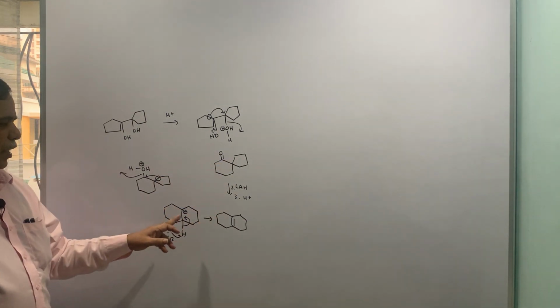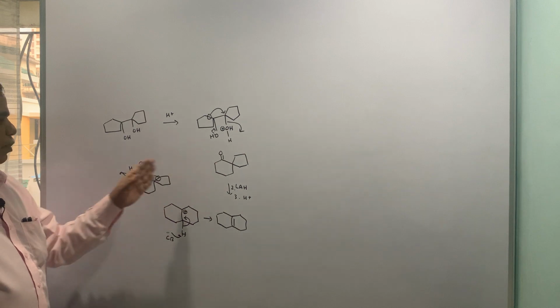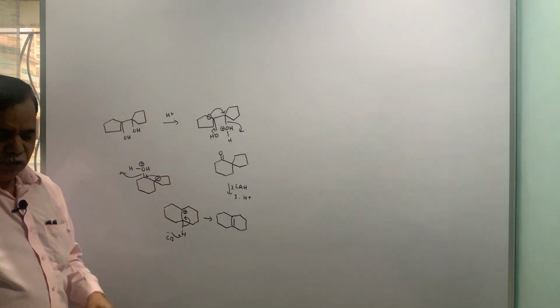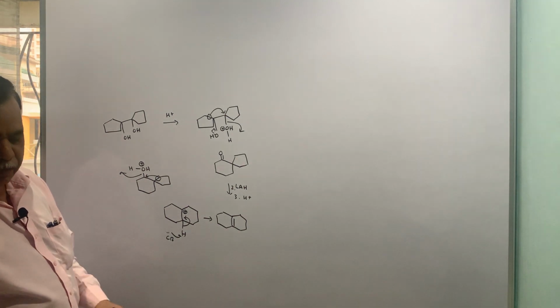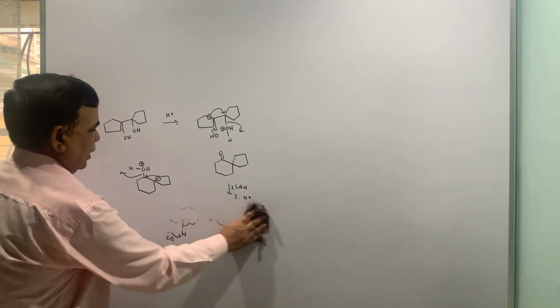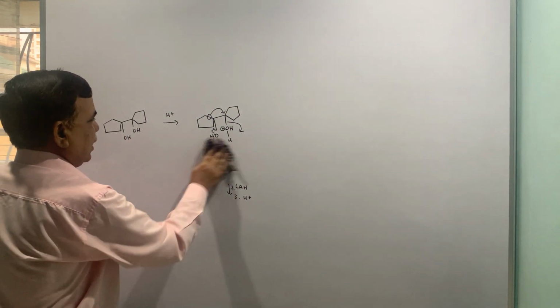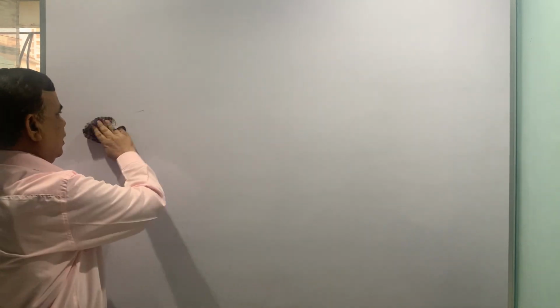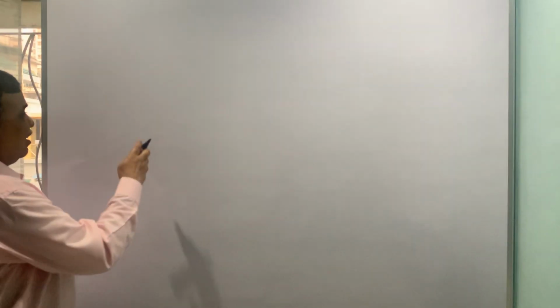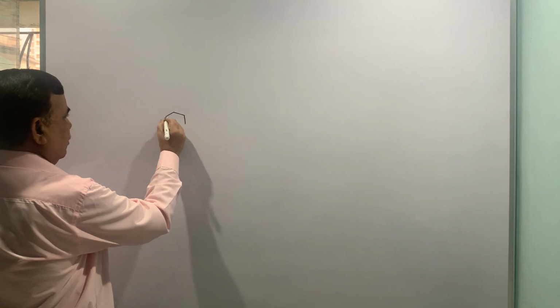Then LAH will reduce, H plus will protonate, once again this will go and the conjugate base will ensure the loss of proton. That is how we will get this double bond, the tetra substituted double bond compound, the bicyclic compound, as a result of this pinacol and LAH reduction and all that. The next example